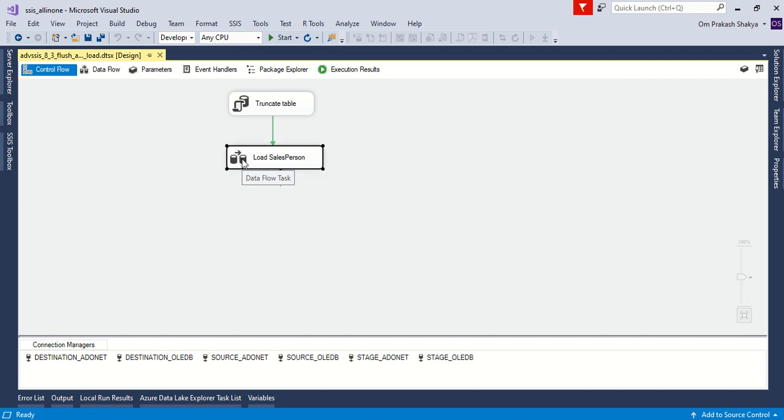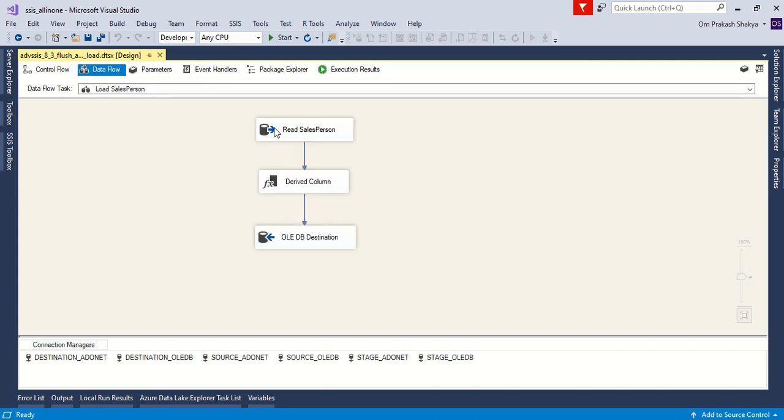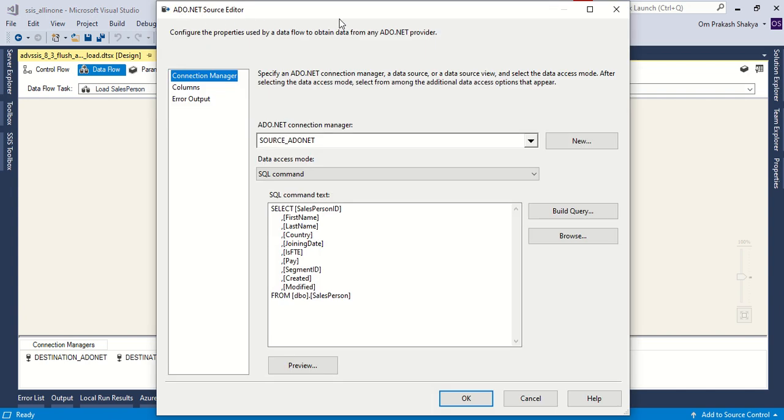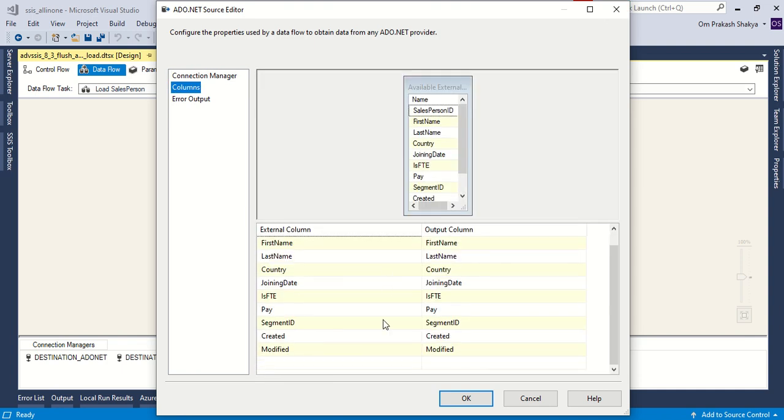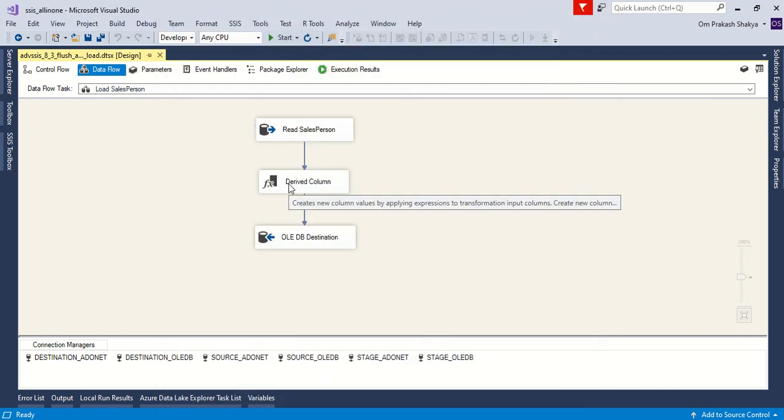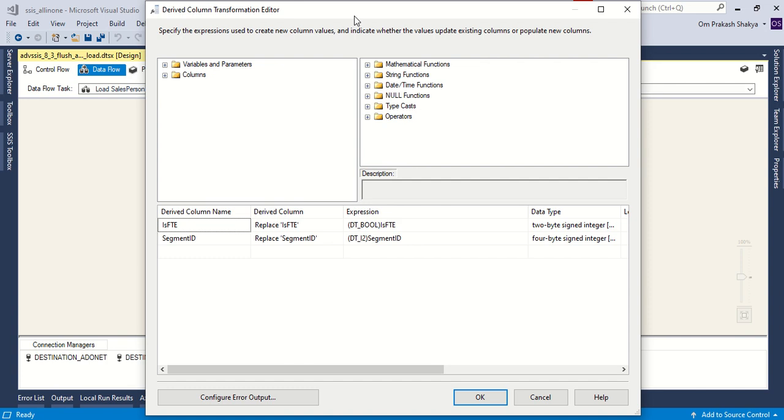Inside the data flow task, we have this read data step using the ADO.NET source, which is reading the data using this SQL from the source, and it is producing these columns. And then we are using this derived column transformation to apply some transformation for data type conversion.